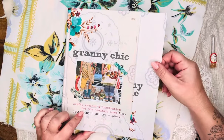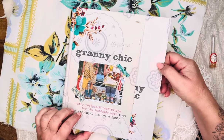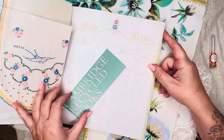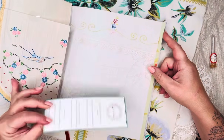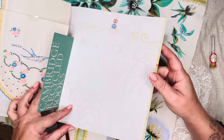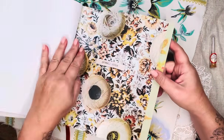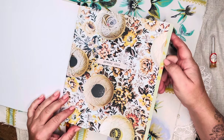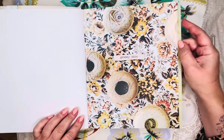This book is a book that the girls recommended to look through, and I do have this book, so I thought I'd just have a quick little look through, and it's quite inspiring. Just see if there's anything that's kind of jumping out at me. I think I've decided what I want to,